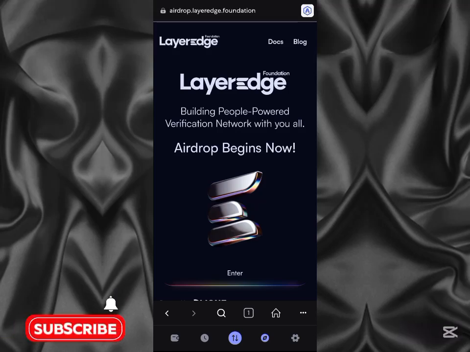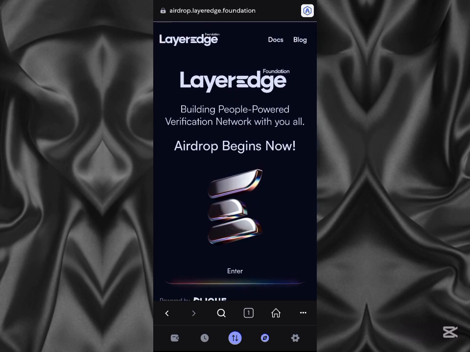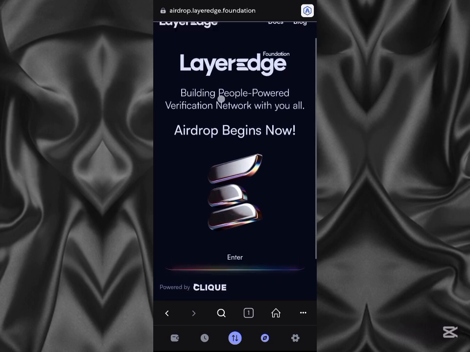So this is Crypto Insider and I'll be telling us about the LayerEdge token allocation checker and the LayerEdge claim. So this is actually quite easy. This came out yesterday. Even if you checked it before, you can check it again because there were some changes, some tokens increased and then some reduced. So you can do this by going over to